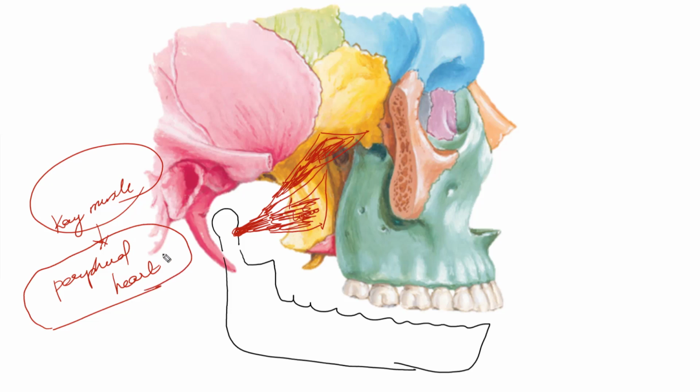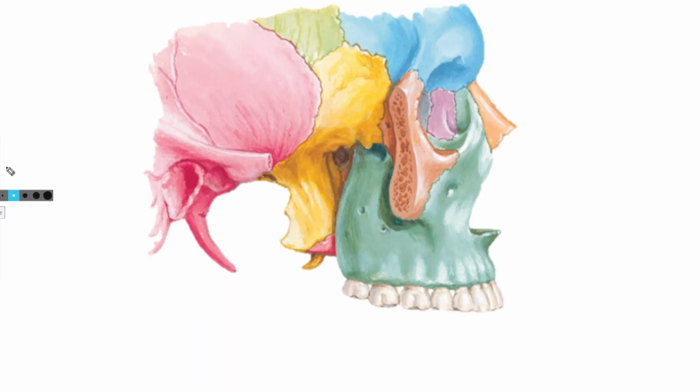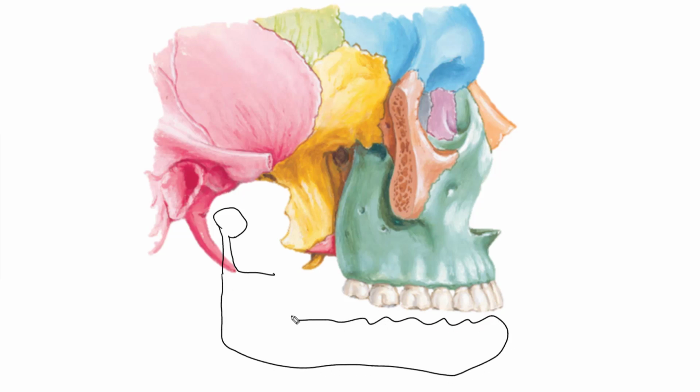Okay. Now we are going to discuss the next muscle, the medial pterygoid muscle. What is the origin and insertion of the medial pterygoid muscle? Again, we will draw the mandible: the head of the mandible is here, the neck of the mandible, and the ramus is partly cut, and the angle of the mandible is here. Okay, fine.